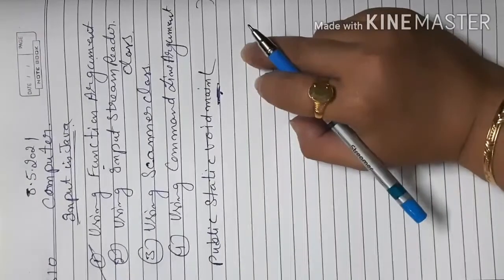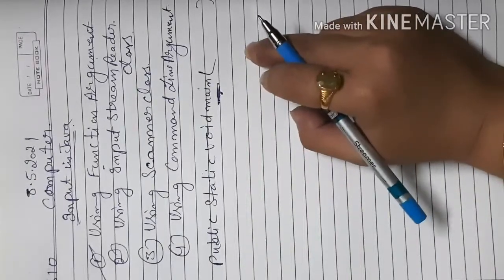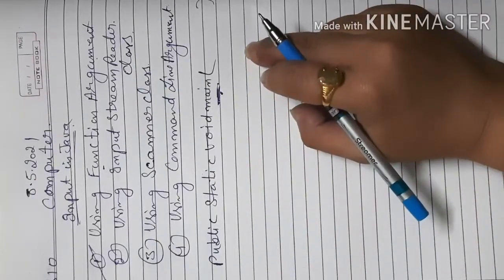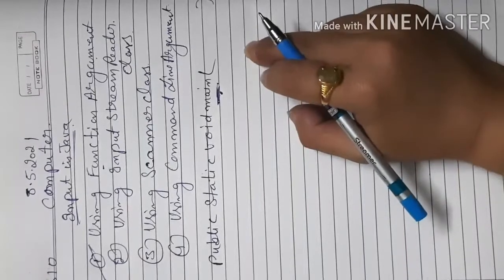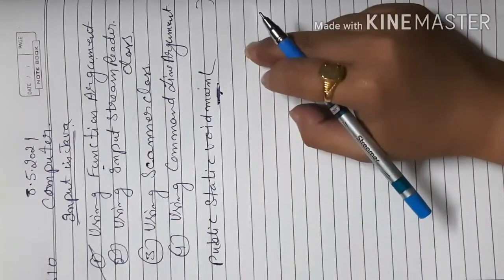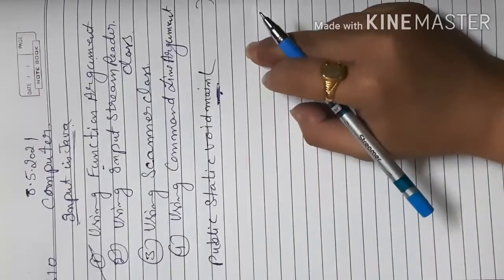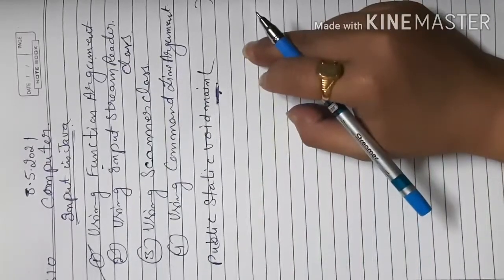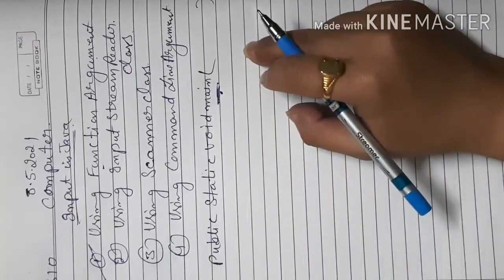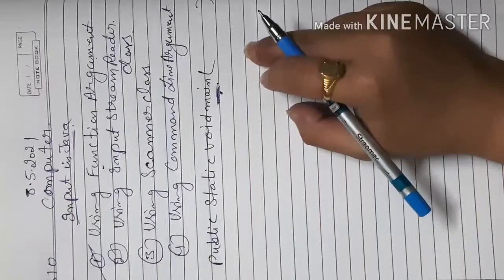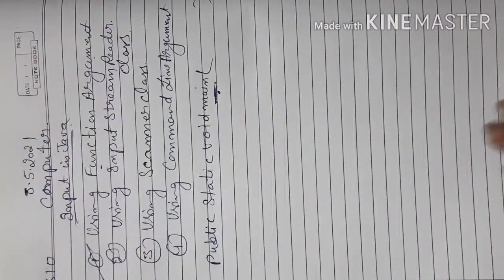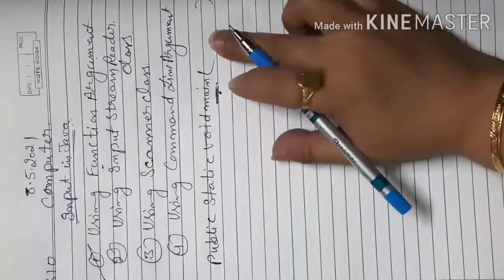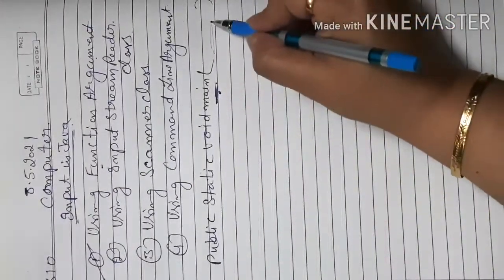Suppose I have a program where I want to give instruction to the computer to calculate with principal, rate and time. So I don't want to read the values from the keyboard when you run the program. I don't want the computer to accept the value from the program. The computer will accept the value from the function argument. This we call a function argument.